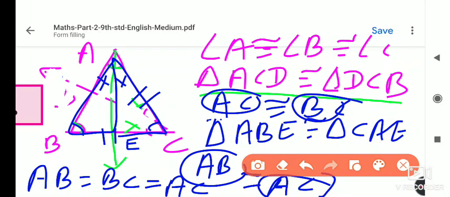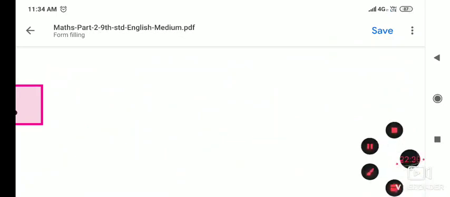You have to try, because if you try, you will get the idea of how to show they are congruent to each other. I gave only hints here. It is not the exact solution. You have to solve it step by step. If you don't understand, don't worry about it. I will explain it in the next lecture. Okay, so today we will stop here. Thank you.